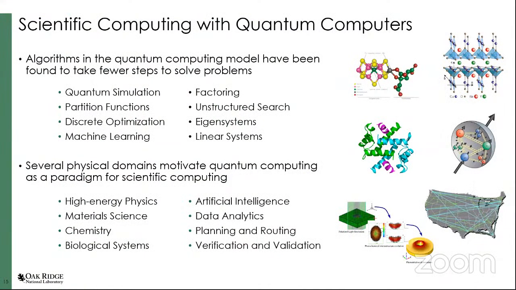Now, what underlies all this, of course, are the algorithms. We already know that there are quite a few algorithms available for demonstrating speed ups, that is, fewer steps to solve these problems. Quantum simulation is one, calculating partition functions or performing discrete optimization. Factoring, of course, was one of the leading examples that engaged a lot of people early on in quantum computing. But what's most interesting, I think, for me at Oak Ridge is that I can map these algorithms onto those domain-specific problems in high energy physics and material science or chemistry that actually lead to a practical advantage for the demonstration of quantum computing. And so I'd like to talk about that in the context of quantum simulation, and in